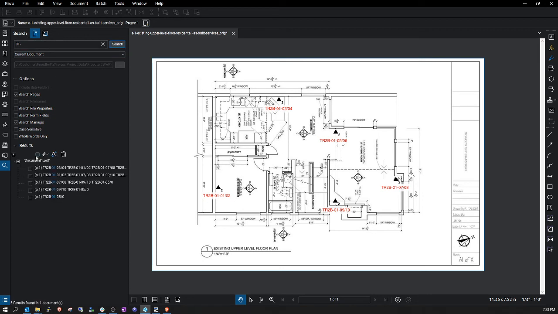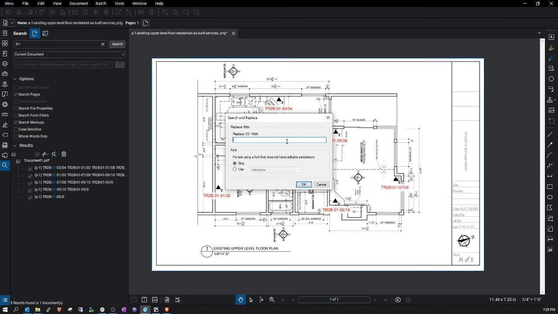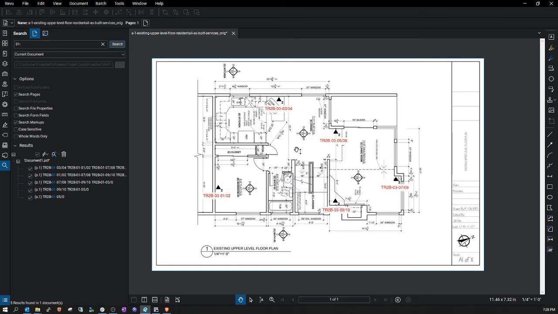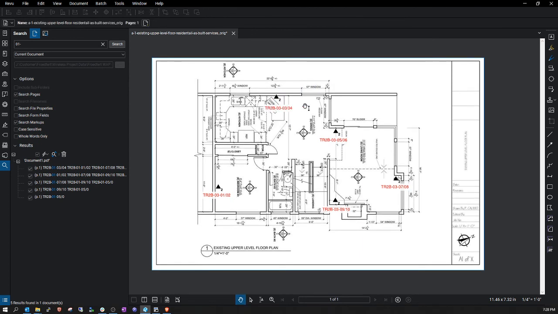All right, we found those and we want to change it to panel 3, 03 dash. Great, now it's changed all of those and hey, the unflattened markups are still unflattened and we can move them around if we needed to. Kind of limits us because we can't recover these because it's been edited into the body, the fiber of the PDF. But at least if you're prepared to,